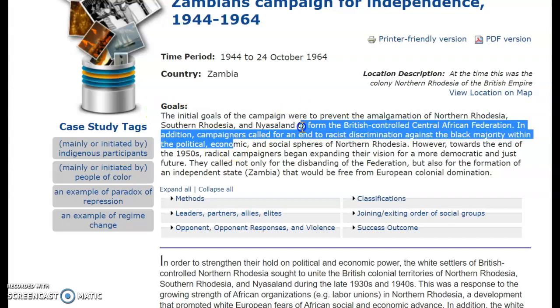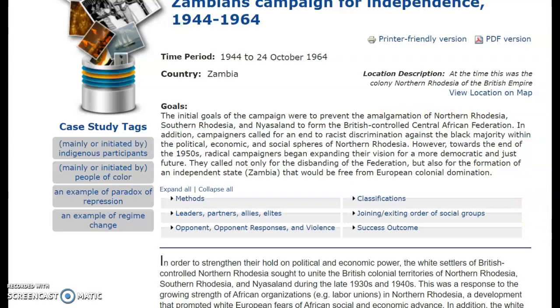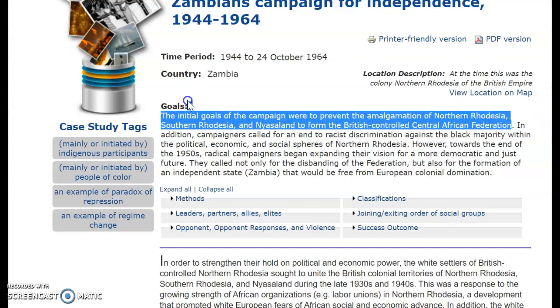The initial goals of the campaign were to prevent the amalgamation of Northern Rhodesia, Southern Rhodesia, and Nyasaland from the British-controlled Central African Federation. So already we can see that there are several different organizations that are connected and related to Zambia's independence. Northern Rhodesia, which is actually what Zambia was, Southern Rhodesia, Nyasaland, I'm sure I'm saying that wrong, and the Central African Federation. So I want to make sure that I get this information